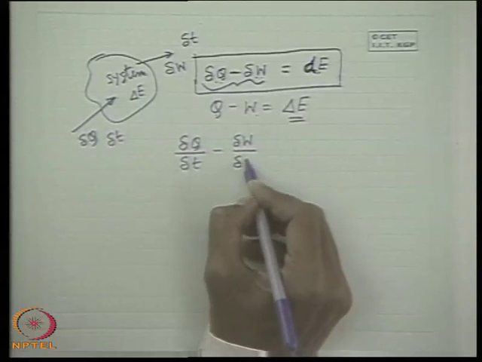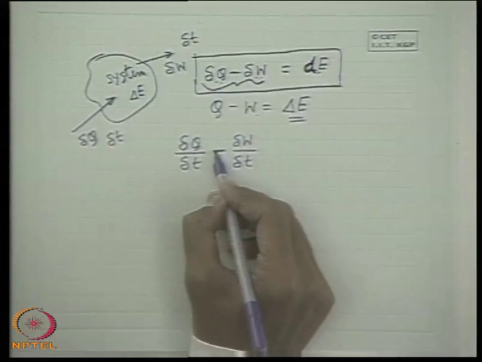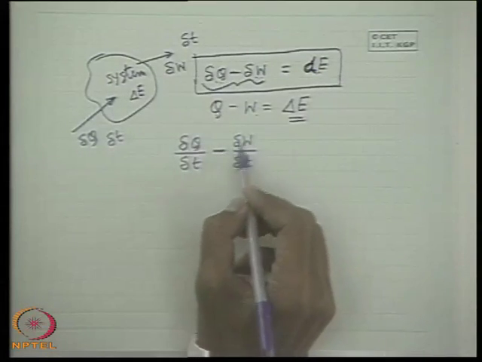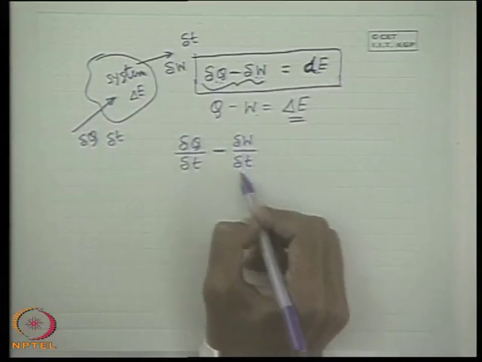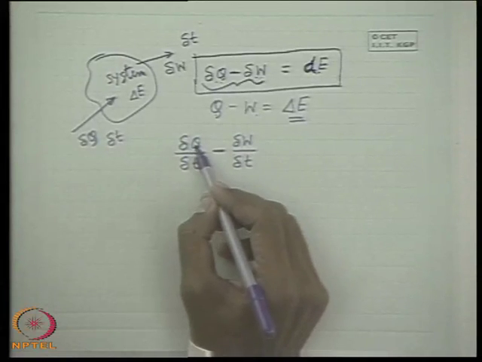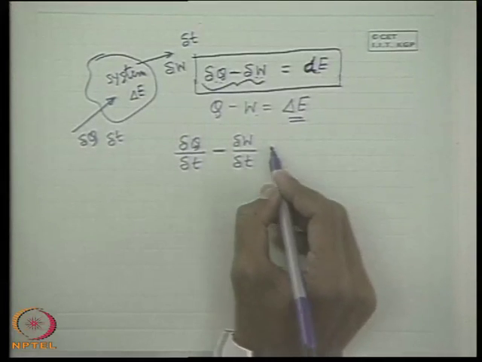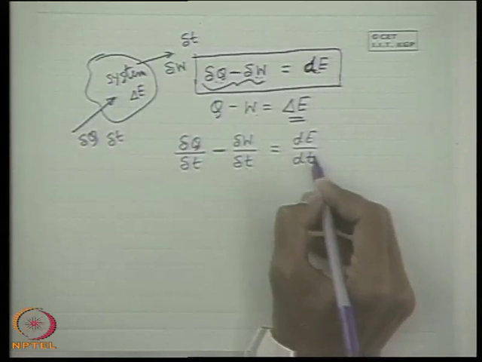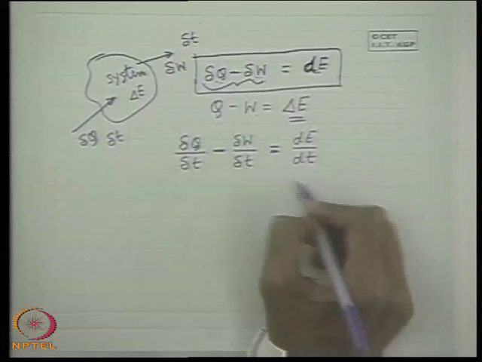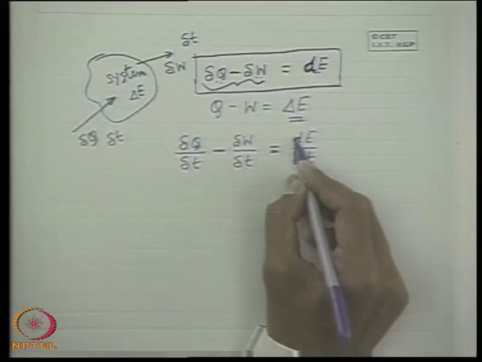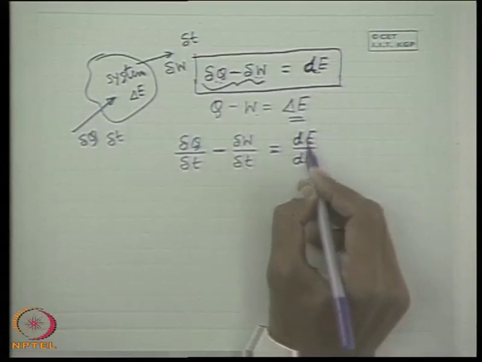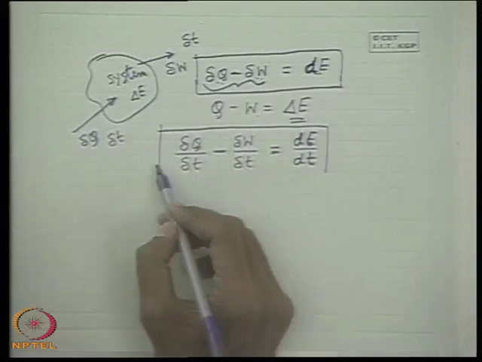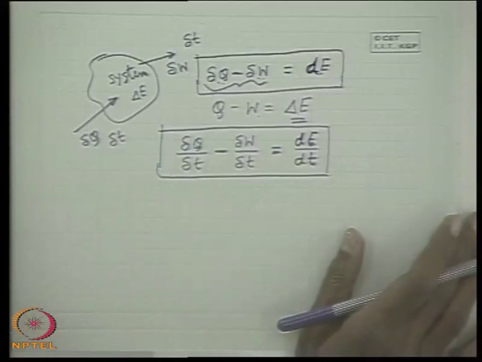As you know, heat and work are path functions, not point functions, so we cannot write them in a strict differential sense. So delta Q by delta T minus delta W by delta T, the rate of heat added and the rate of work done, is equal to dE dt, which can simply be written in a differential manner, in the real spirit of differentials from mathematics, that means the rate of change of internal energy with time, because internal energy is a point function. So this is the time rate basis, the first law applied to a system.